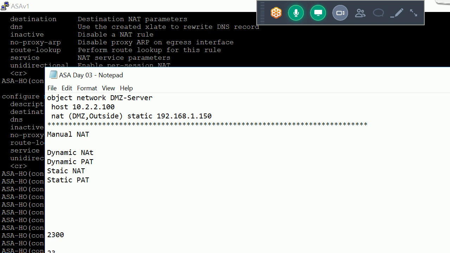So if our firewall gets access on port number 2300, it also does the translation for port numbers and translates port 2300 to port 23. That is port forwarding.